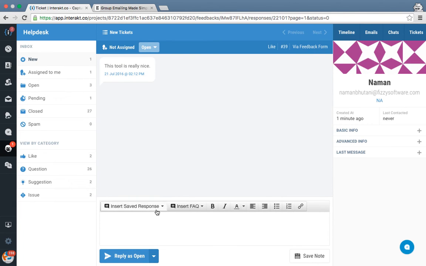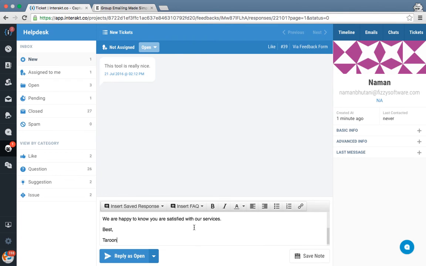Now you can either insert a reply via the saved responses, or you can add one of these frequently asked questions you have on your website or from your self-help page, or you can directly type in a message right here. Maybe if I try, also if I have any saved responses but I want to create a new one, I can create it right here. I just click on add canned responses and it'll add another content right here. For example, I'll just type a message here: hi, thank you for your feedback.